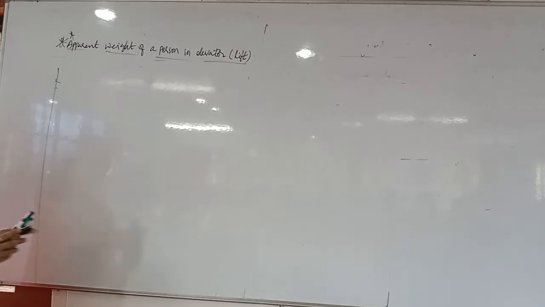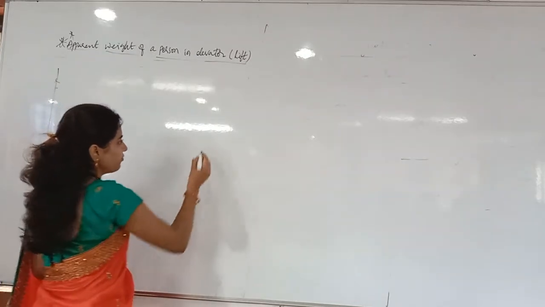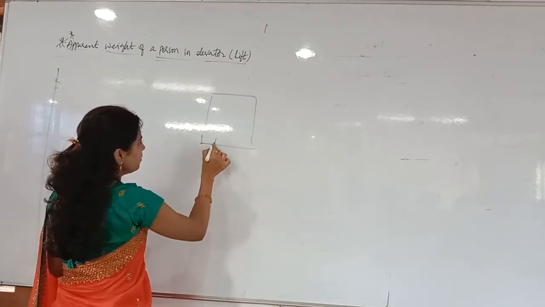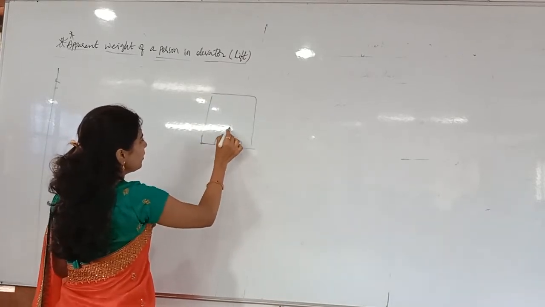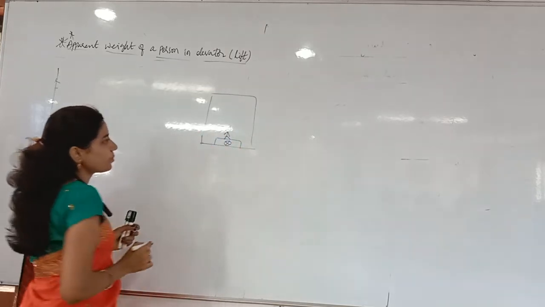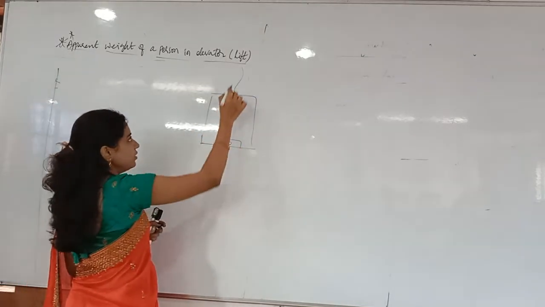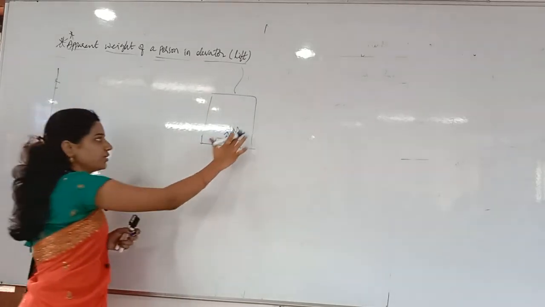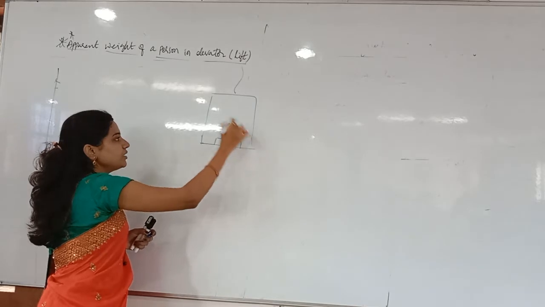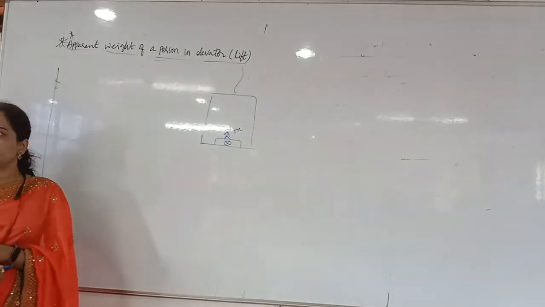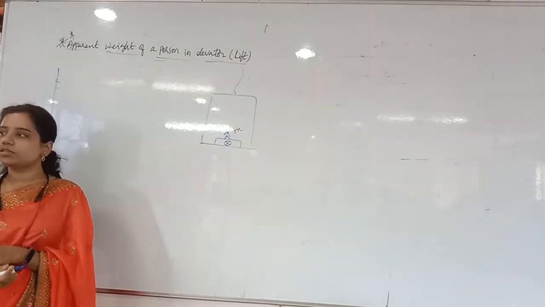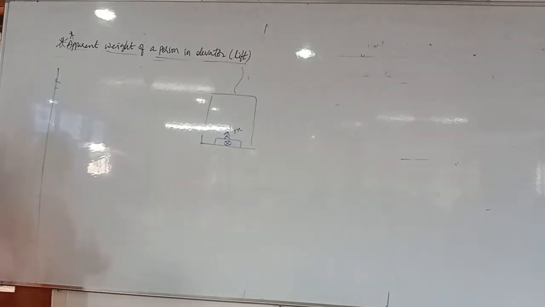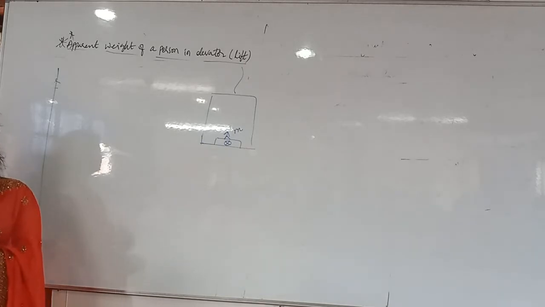Now, for example, a lift is at rest. Inside the lift, a weighing machine is there. On that weighing machine, a person is standing. So, this is the lift I got. Now, the person of mass m, let us take. Person of mass m is there, small m. Now, what is the weight of the person? Whenever the lift is at rest, what is the weight of the person? mg only, no? But tell me, which will give the weight of the person generally? Which will give the apparent weight of the person?